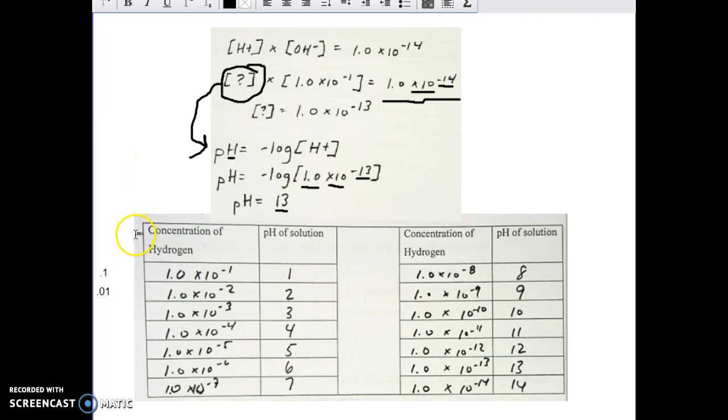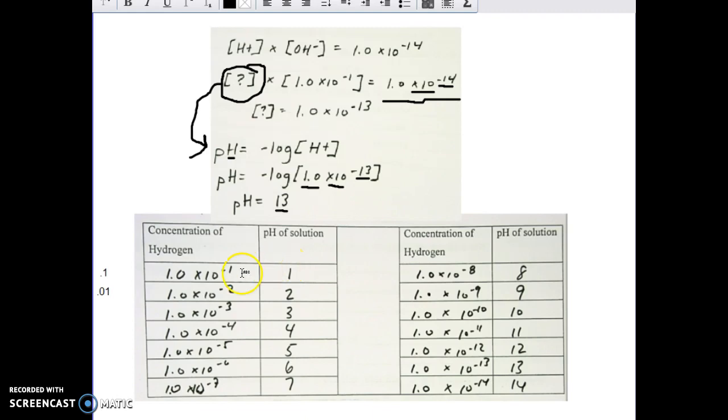So what is happening between the concentrations? The power of hydrogen, which is what the pH scale is, from the other video you learned that this is the most powerful acid, pH of 1. Let's look at the concentration, 0.1. How does that compare to 0.01? This is a larger number. This will be the largest number for the power of hydrogen, so that's what corresponds to the pH of the solution. The most powerful or highest number for hydrogen ions is going to equate to the most powerful pH solution